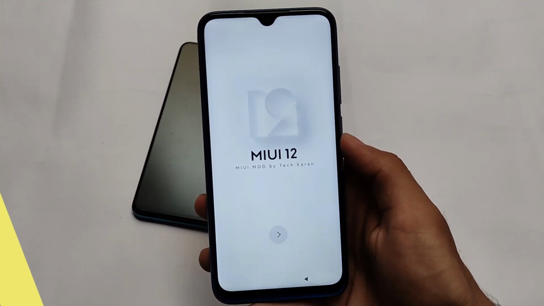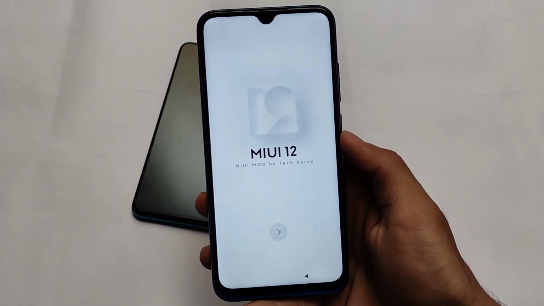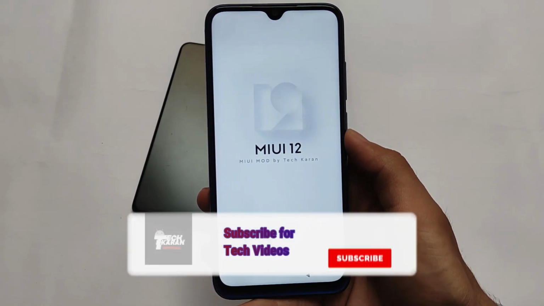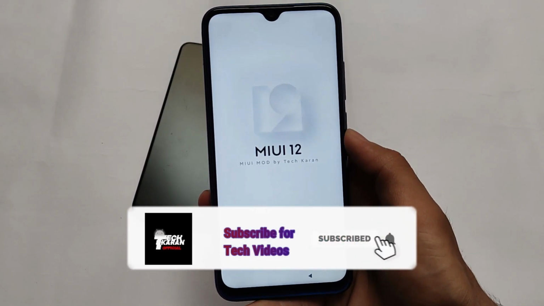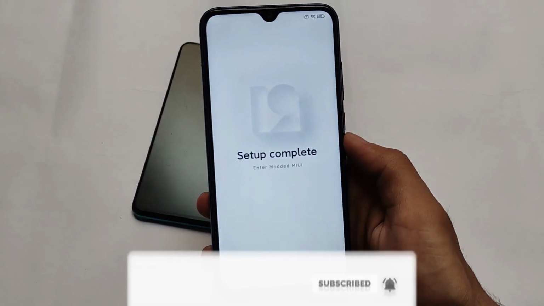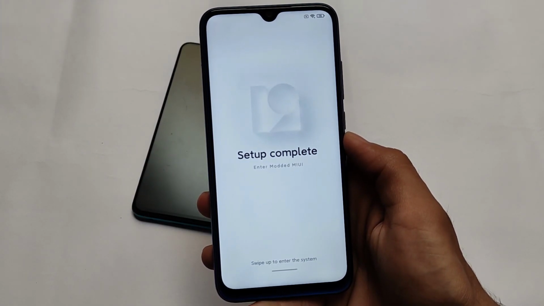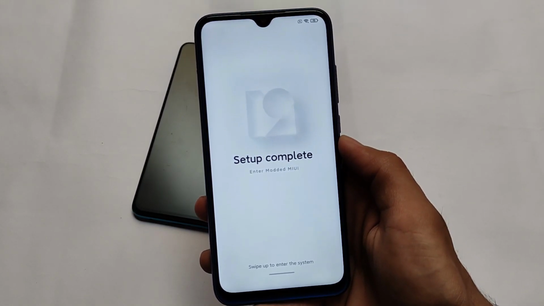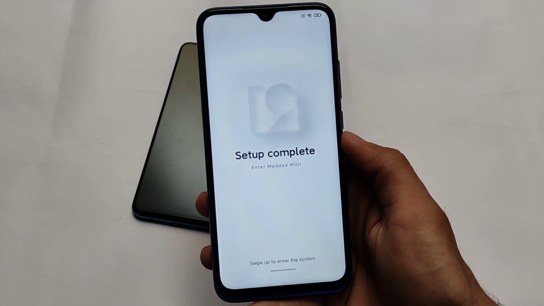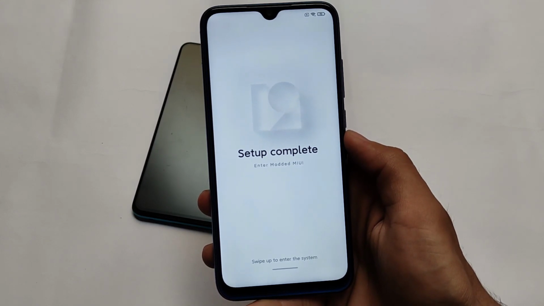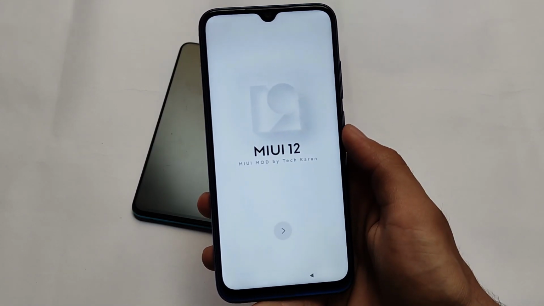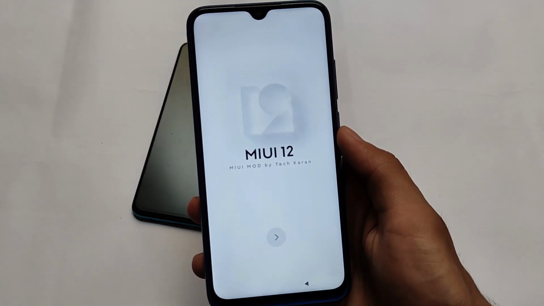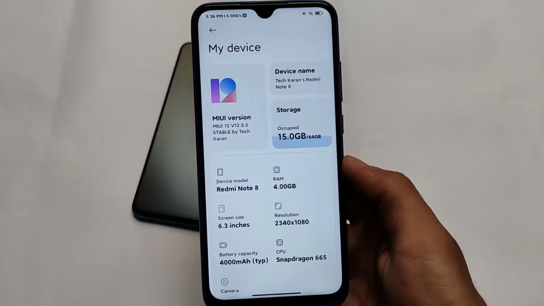So here comes a MIUI modded ROM for you, MIUI 12 mod by TechCurrent, and this is actually based on MIUI 12.0.2 for Redmi Note 8 users. But it has some new extra things added, not actually in terms of features, but some new things. In the stock MIUI 12.0.2, you only get the old volume panels, old power menu, and everything was old. Now these things are updated, the launcher is updated, and some other things.